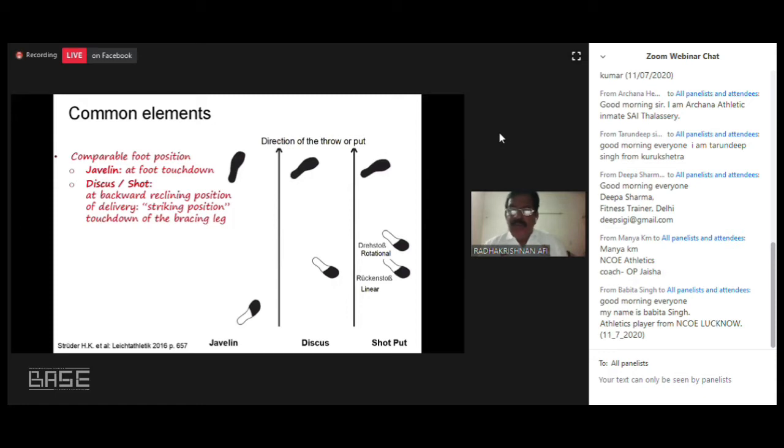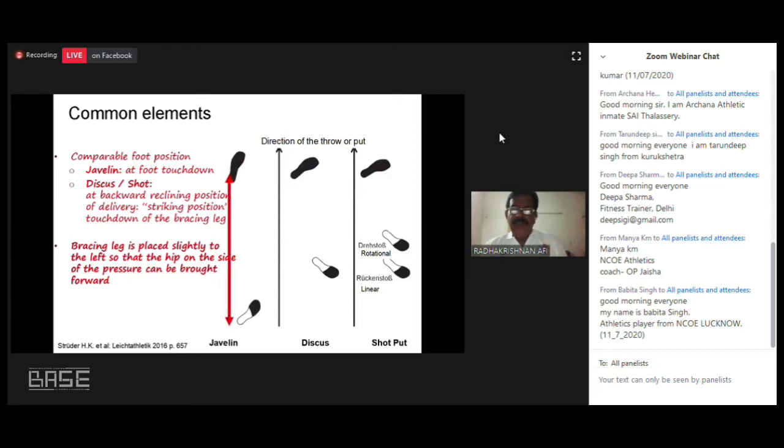If we don't do this, you will not be able to have a fast acceleration of your hip action and your right leg action. And by that we will be losing the velocity, delivery speed. So we must ensure that right heel and left toes should be in line. It is similar for javelin, discus, shot put. But the position of the left leg for javelin is not the same as in discus and shot put, because it will be a little more pointing towards the direction of throws. But otherwise, it is the same for discus and shot put.